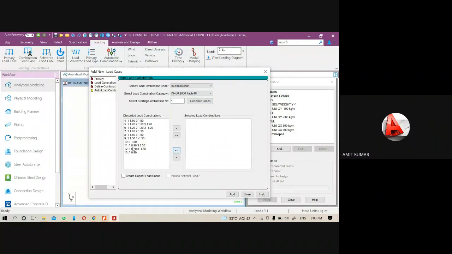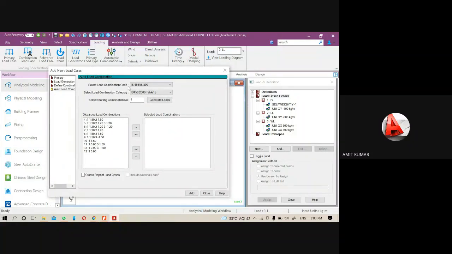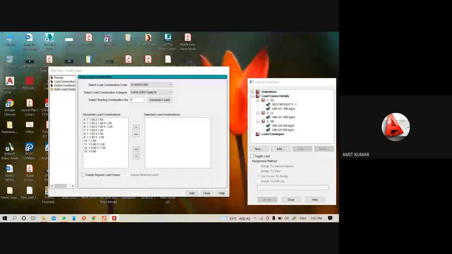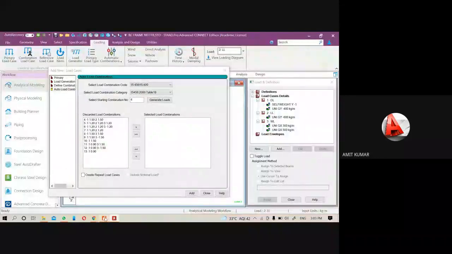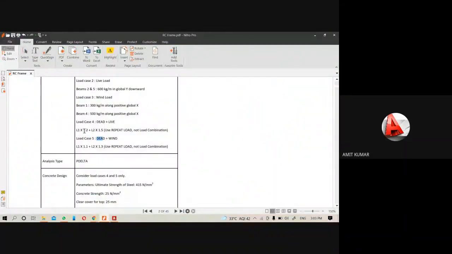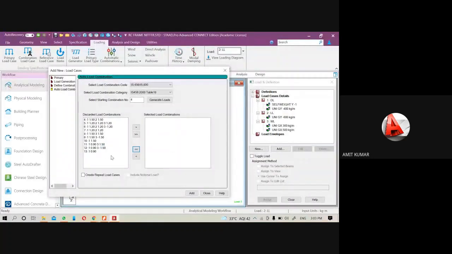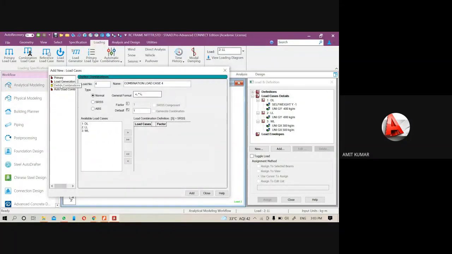Just remove them. So load combination 4 was 1.2 and 1.5. So just select it, 1.2 and 1.5.